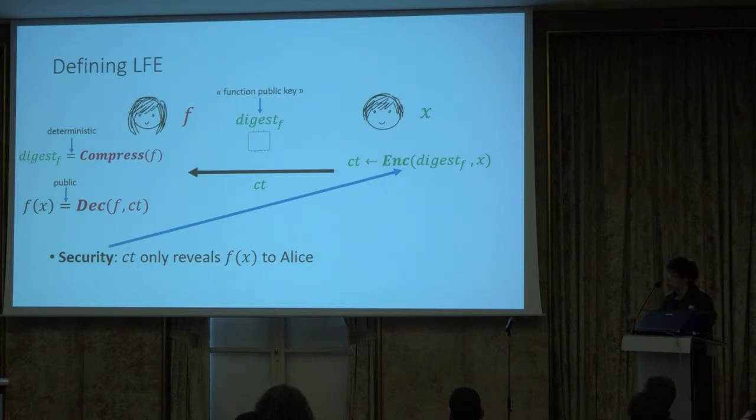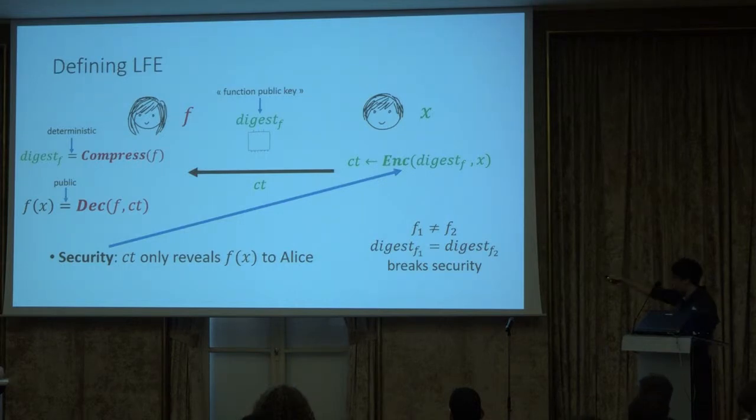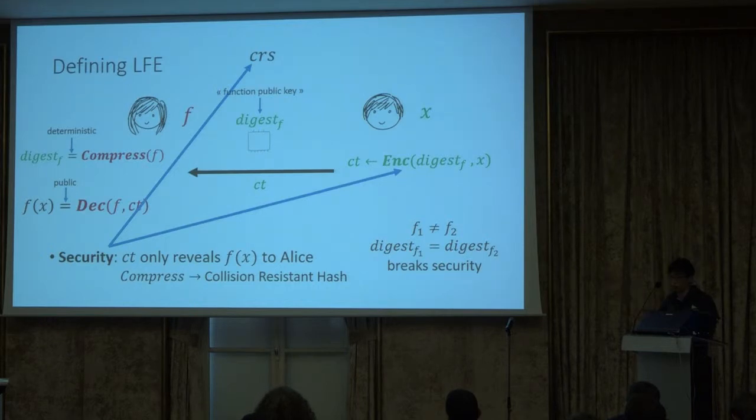So another property: before that, notice that if the compression function is compressing, and so there exist collisions, and if Alice finds collisions, so that the digests are equal, she can use the decryption function on both functions f1 and f2, and actually retrieve both outputs of the computation, so this is bad. So in other words, the compression function has to be a collision-resistant hash function, and therefore you need a CRS